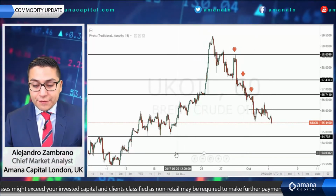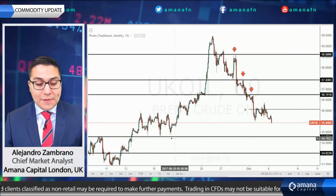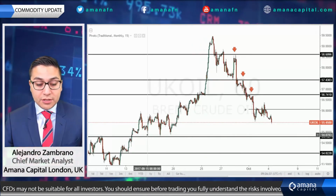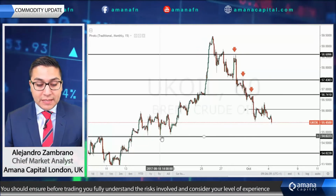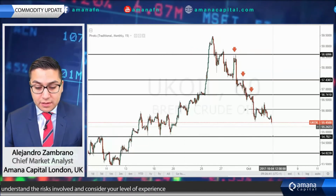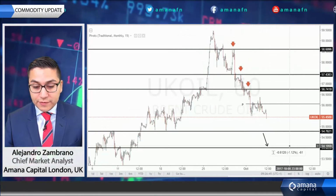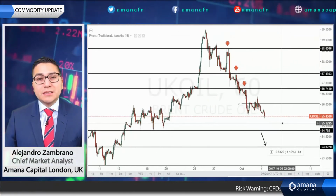You have 5479 being support, really. You have a low here on the 15th of September, 18th, and then 19th. Now, if we trade below this level, most likely the market will continue to move down a little bit lower. But it's not my main